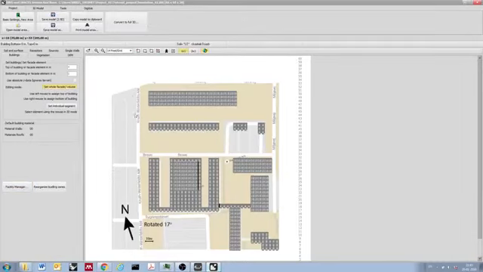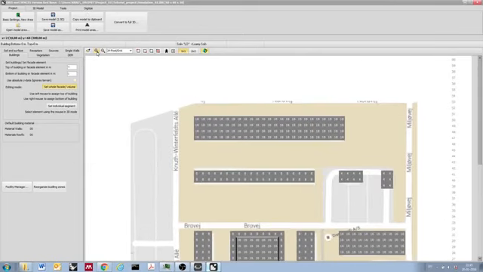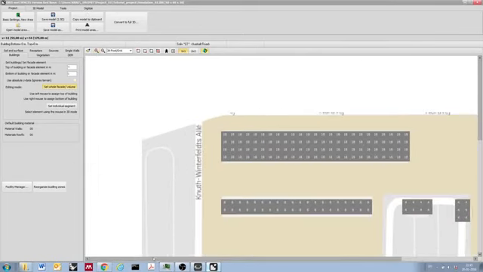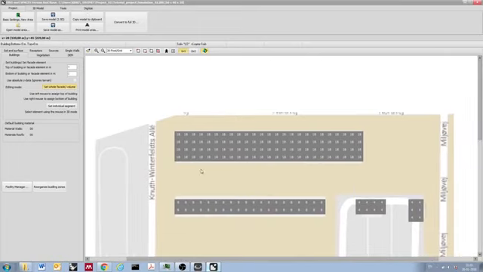Now we've done the buildings, and we've done the soil profiles. Now we'll place some vegetation in the area. I'll just zoom in slightly again. Now I want to place some trees in this area here. We go to the Vegetation tab,